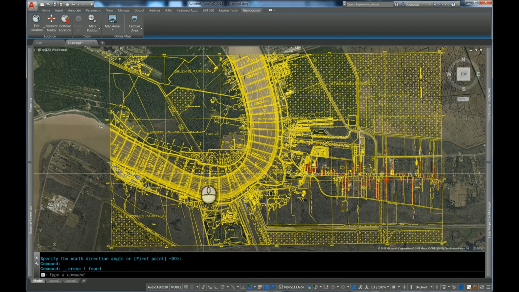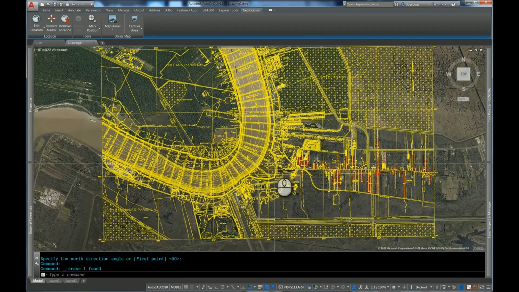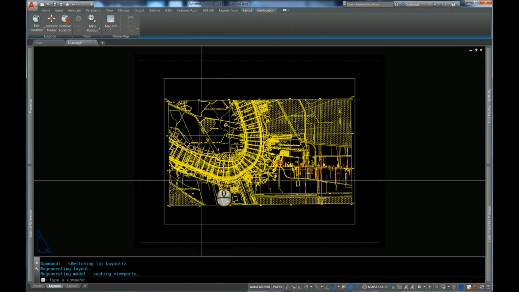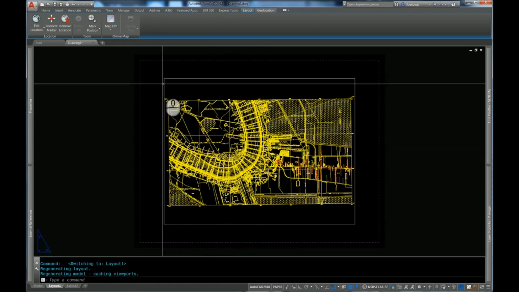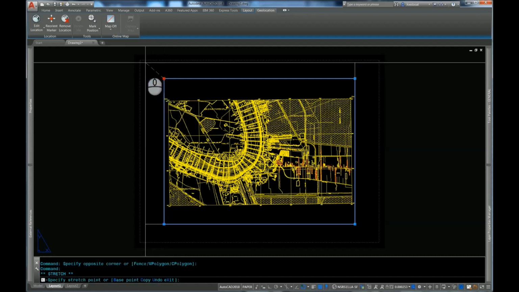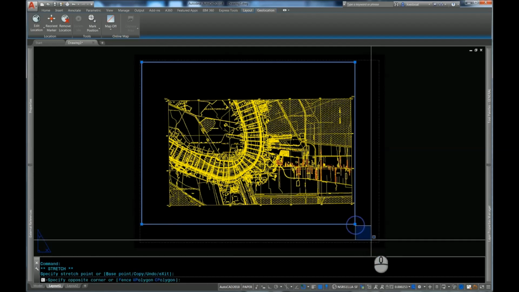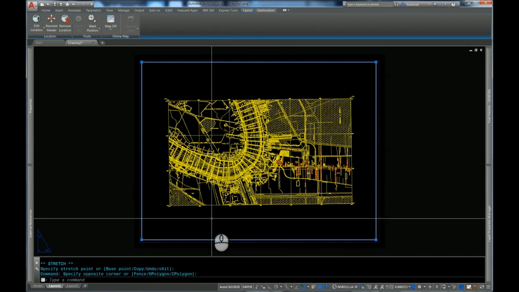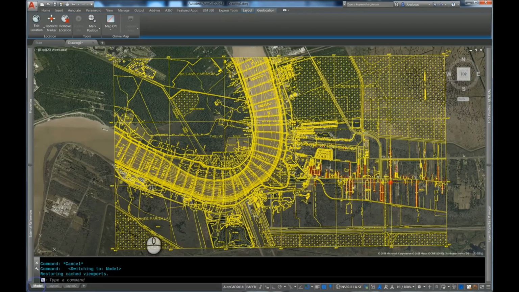In the background. So the kind of weird thing about this is that this is only a visual representation in the drawing. If I go over here, and this is a layout, the paper space view of that window does not show that aerial. See that in there? So the next step you have to do is to say geo map,